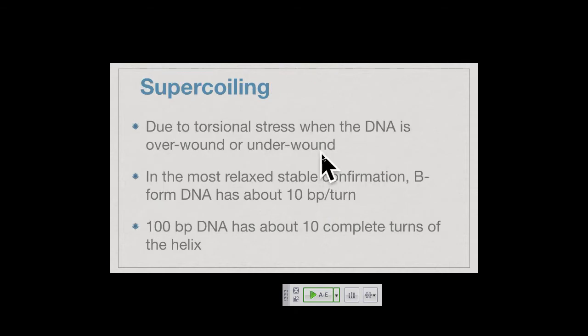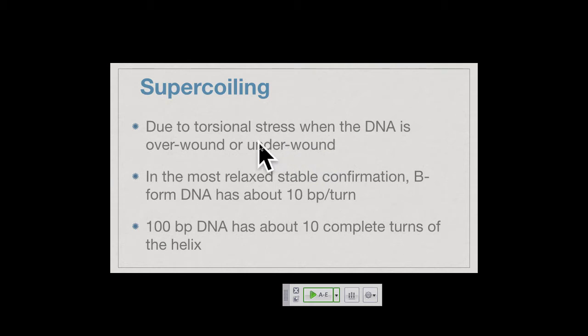So I've got enough time here. Let me see if I can go through this and make sense out of this. We have the helical structure of the double-stranded DNA. We just talked about that. It had how many base pairs per turn? It had 10.4, 10, one of those numbers. Okay, we'll use 10. So normal, relaxed DNA is going to have 10 base pairs. If you start at one point on the helix, you go around the helix, come back to the same point directly above it, it's 10 base pairs.